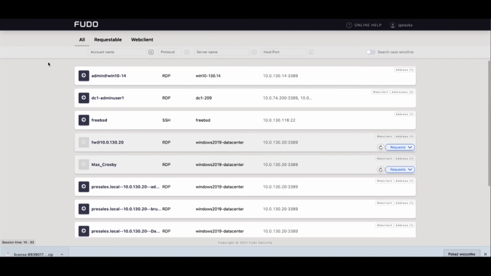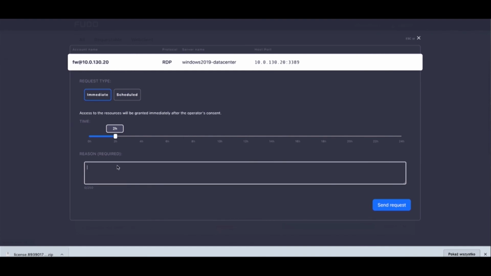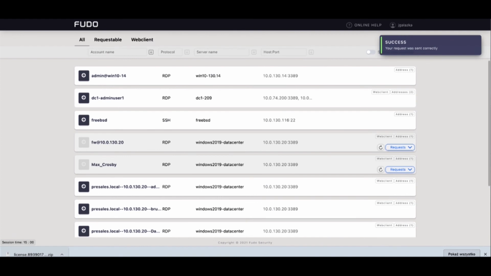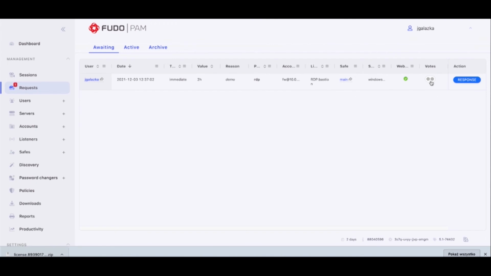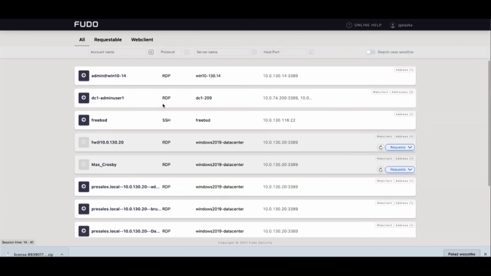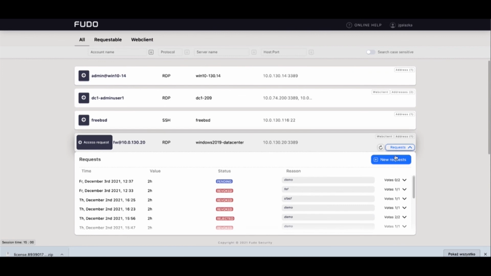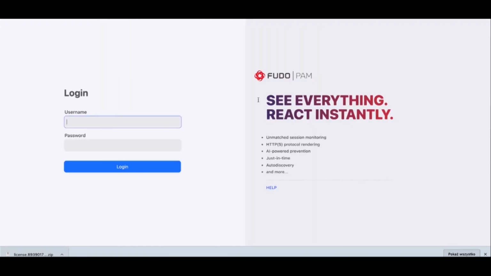Now, once our user would like to get proper access, we need to select the new request button, set the reason, and send it to our administrator. Under the requests, there will be a different marking on the votes value. So I can respond right away, which I'm about to do, but then under the request tab, there will still be something that is missing. Counters are set for 2. So now, to make it possible, let me log out from my current account